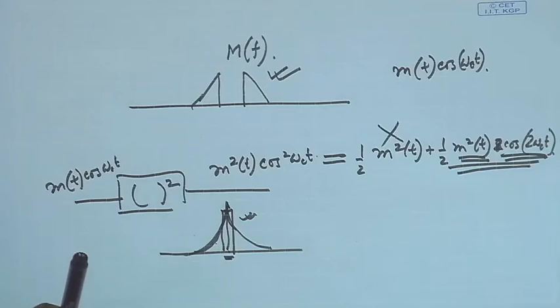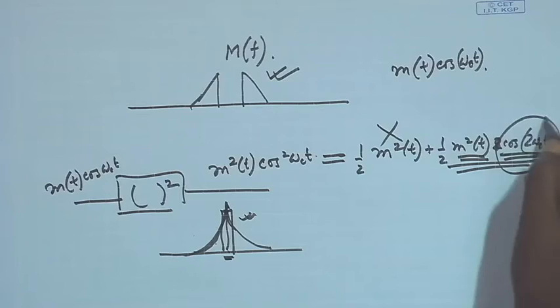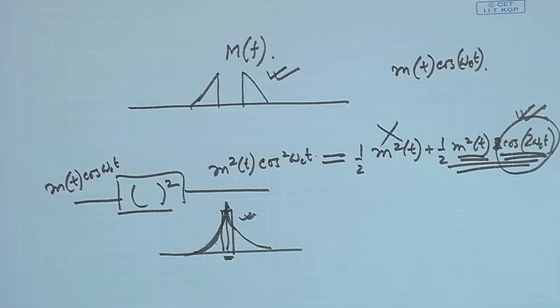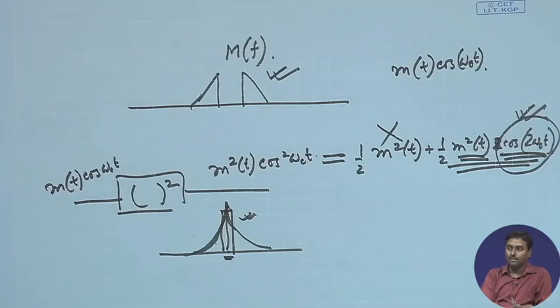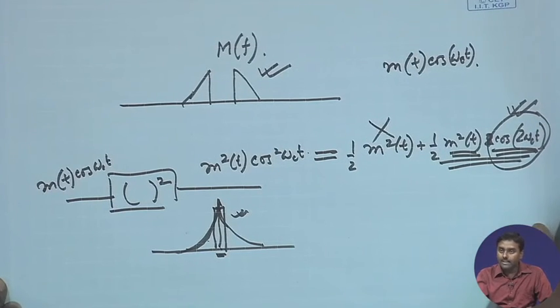Not only that, because this carrier is already there, so 2 omega_c t, whatever phase it has and whatever frequency it has, it will take that. So, all you have to do is put a band pass filter and then average it, okay. The amplitude has to be averaged. So, from there the carrier information is already coming over there. So, m square t has nothing to do with it, okay. So, you will be extracting the carrier information if you do a squaring, right. So, that is pretty nice for DSB-SC.